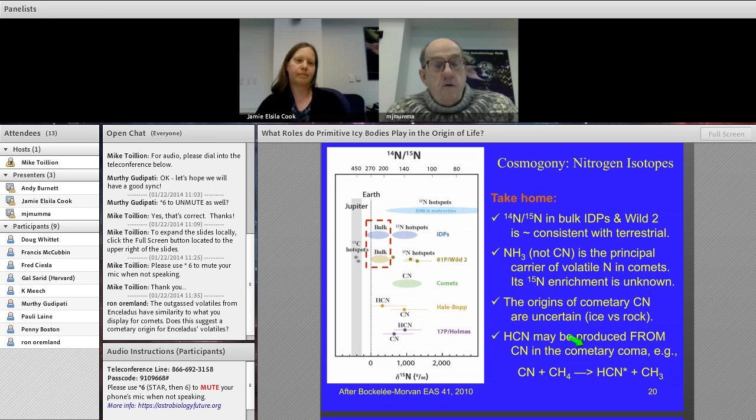My understanding right now is that Hunter Waite, who is the PI on the instrument that's measured these volatiles from Cassini, now thinks that essentially most or even all of the smaller molecules can be derived by destruction of benzene. And most of what they see is hydrocarbons, and there is some water. And so it's not clear to me now even what is being released from Enceladus, because by the time you measure something in the plumes,